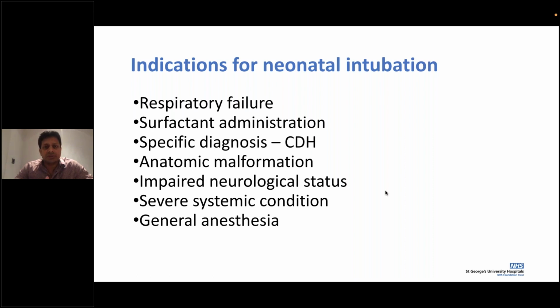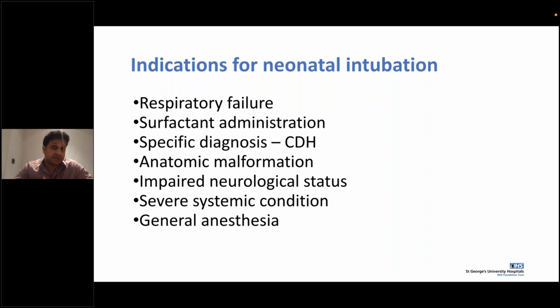We also know that a big chunk of patients would be either term babies, that is babies of more than 37 weeks of gestation, or preterm, less than 37. As they are more preterm, less surfactant is produced, and hence they would probably need some kind of respiratory support, either invasive or non-invasive.